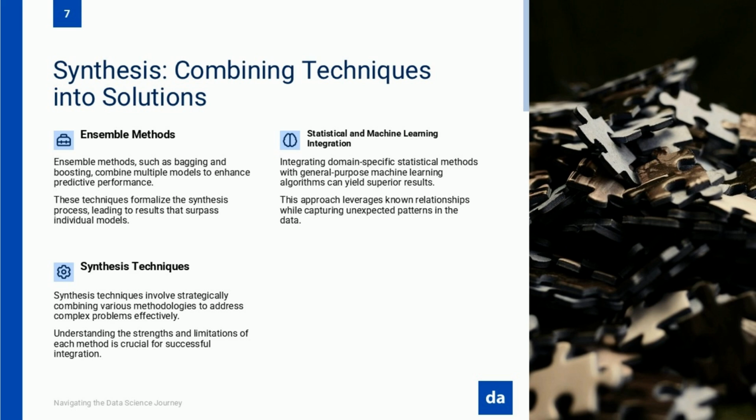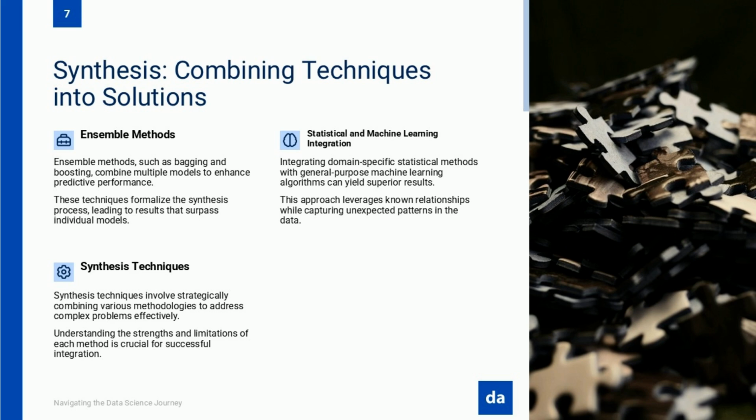What if the true power of data science lies not in mastering individual methods, but in orchestrating them into harmonious solutions? The housing price prediction case study we discussed earlier reveals just the tip of the iceberg. When we examine how Alex Gutman approached this challenge, we discover something fascinating. He didn't simply apply one technique and call it a day. Instead, he strategically integrated multiple methodologies, first establishing a foundation with regression analysis before enhancing it with machine learning approaches to capture more complex patterns in the data.